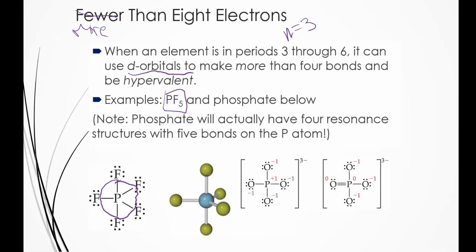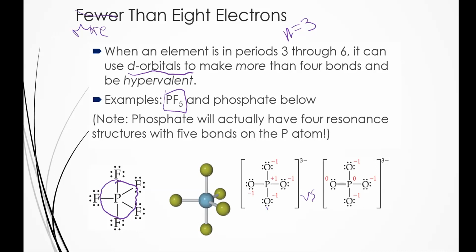We see this show up inside of resonance structures as well. Let's say that we're looking at phosphate. Phosphate is PO4 3-, and so we get an option that looks like this versus one that looks like the one on the right. If we weren't worried about our octet rule at all, the one on the right would be our better structure because our